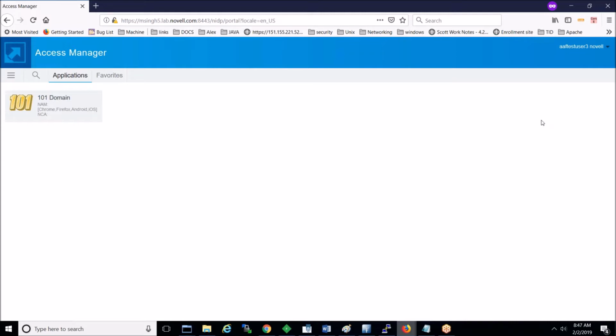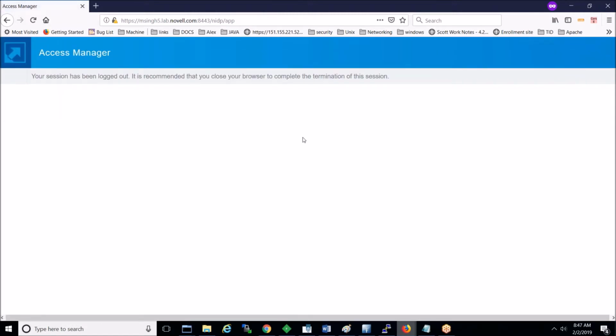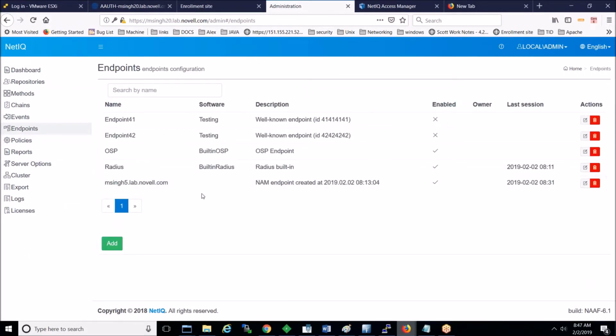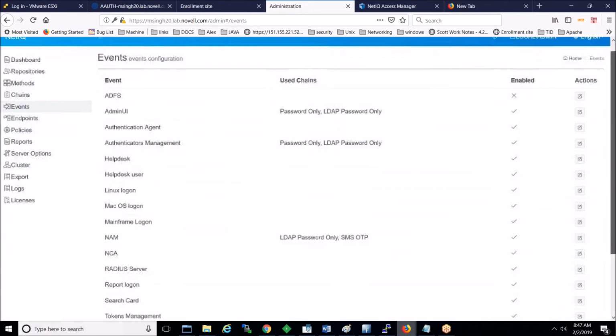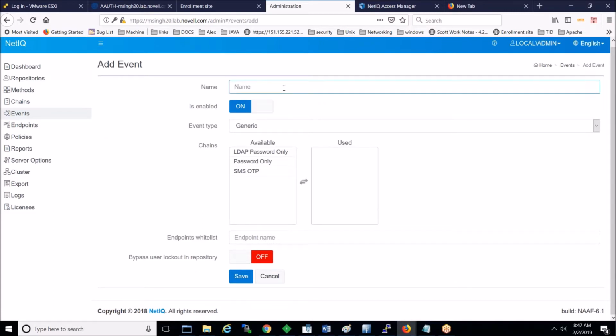Now we have already discussed the plugin approach, so we are going for another integration approach, which is called the OAuth approach. The OAuth approach is actually very simple to set up. For the OAuth approach, go to the Advanced Authentication Framework admin console and go to the endpoint, go to the events, and here you need to create one event for the OAuth. So go here to the events, click on add, give a name,